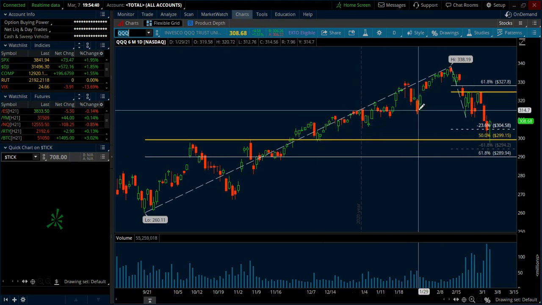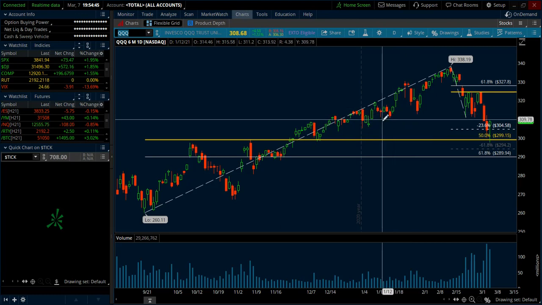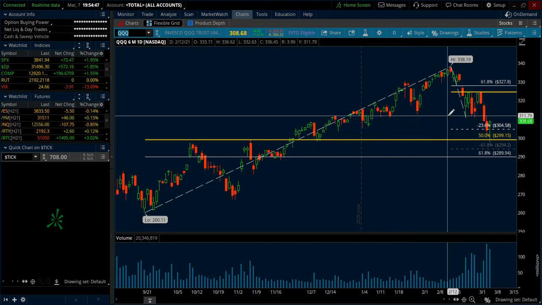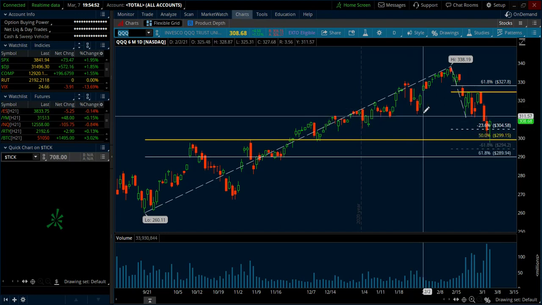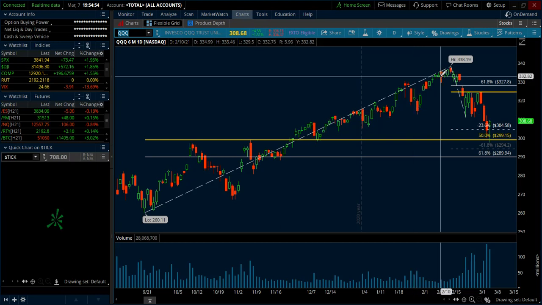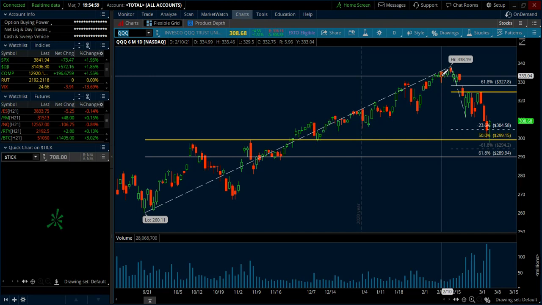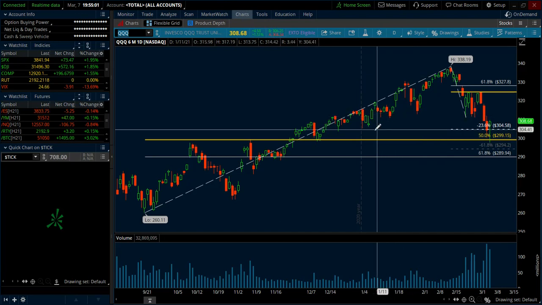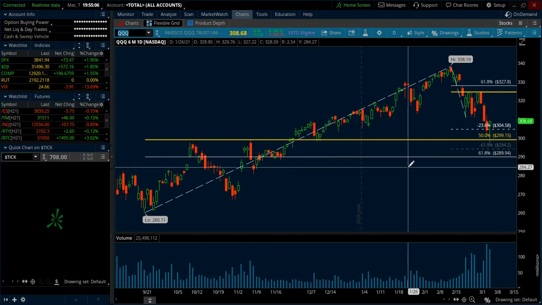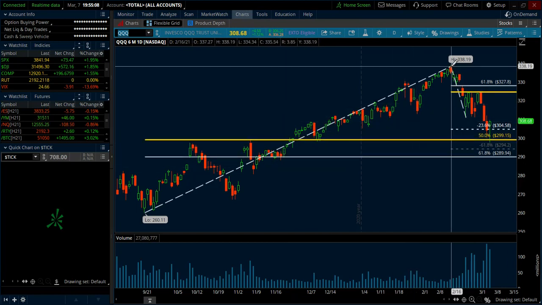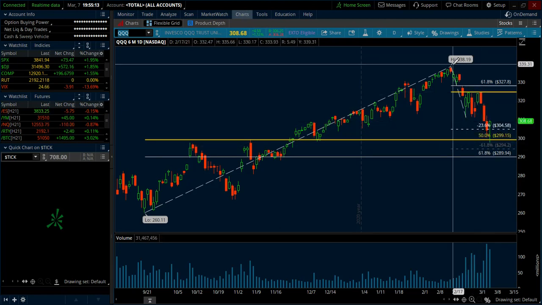And notice how this pullback here doesn't violate the prior swing low back here. But when we broke over here, we did take out the prior swing low. We also have a one candle swing low here, same with over here, but those are pretty minor. I consider these bigger visual swing lows more impactful. So when you take out that bigger swing low, I like to short the first bounce because then if we